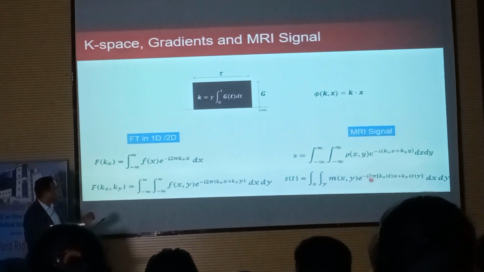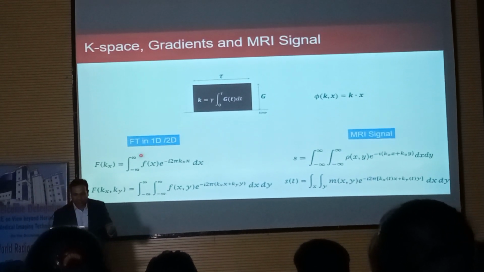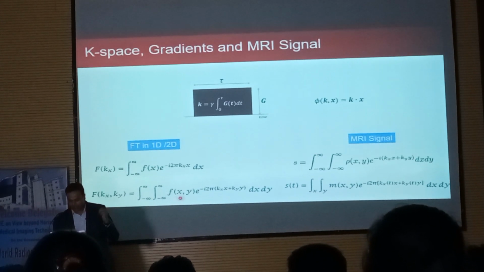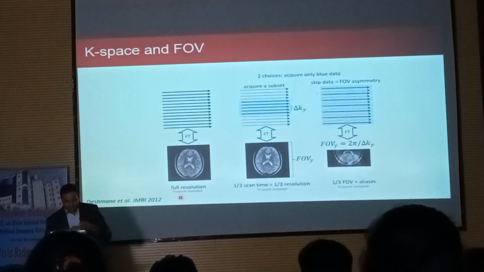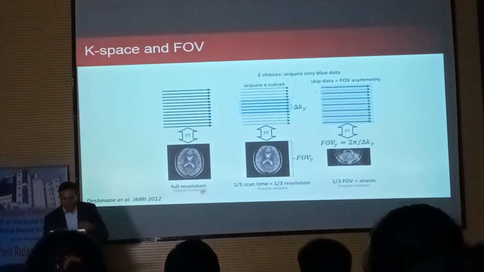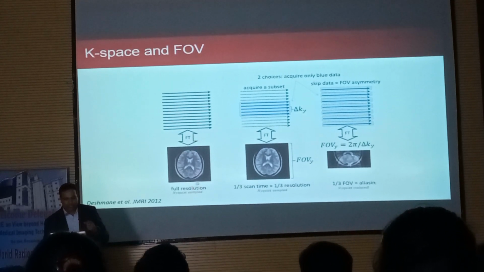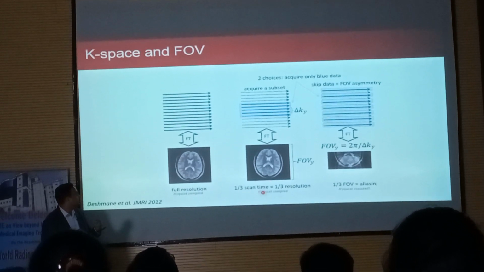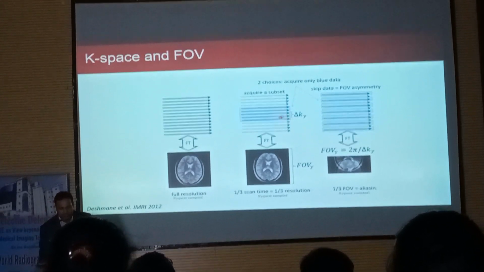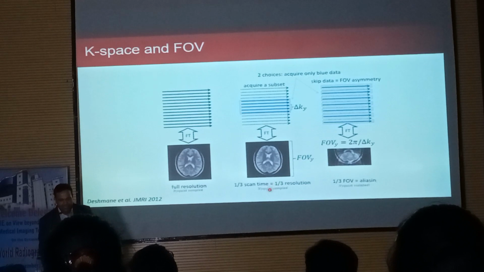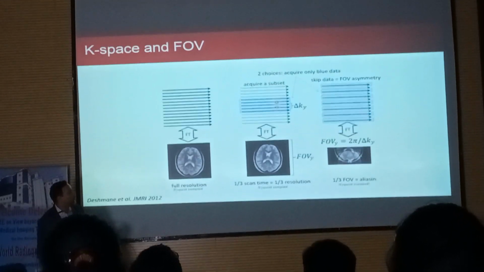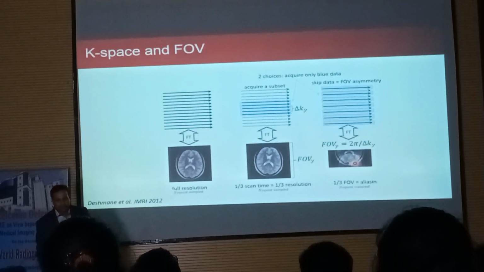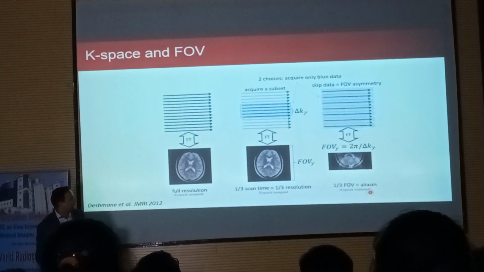So this is the Fourier transformation of this, and this is what we have talked about, what is Fourier transformation. In one dimension ये है और two dimension ये है, इसके इतना डीप में जाने की जरूरत नहीं है आप लोगों को. So basically when we choose K space and sample properly, we have good image quality. Like the first image here you can see full resolution, Nyquist criteria is being fulfilled. However, if you just acquire the subset of only blue data here, then our resolution goes down because we are not going towards the end of the K space. If we further skip those lines, then we can have the problem of aliasing.